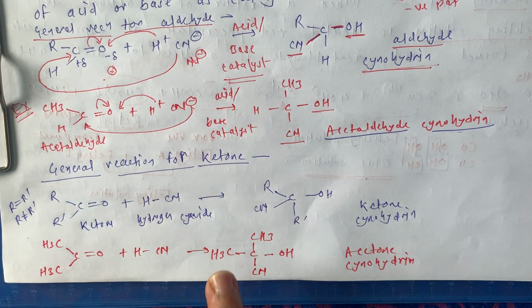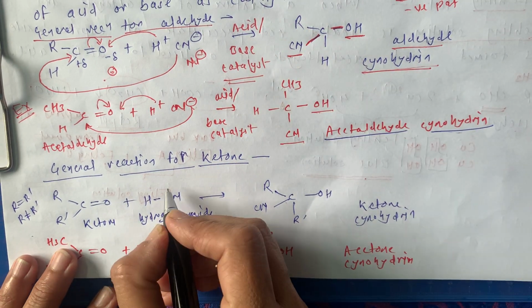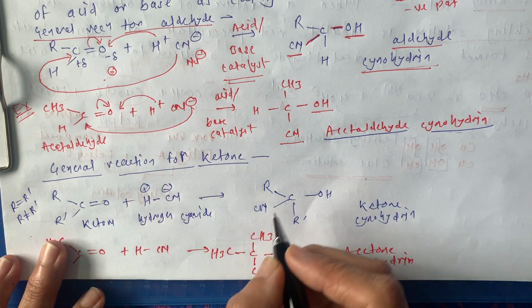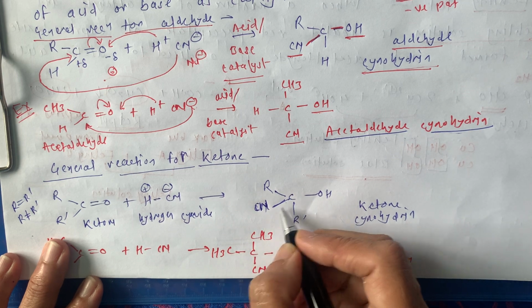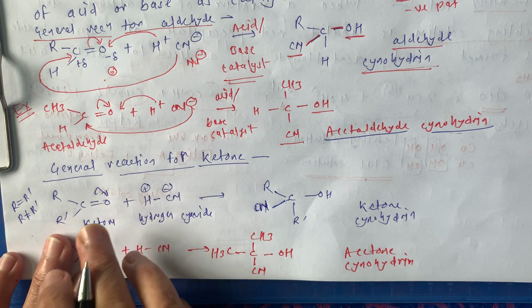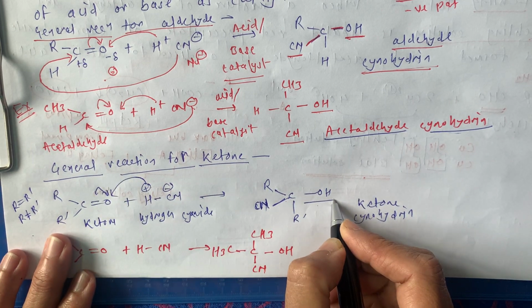Hydrogen cyanide. And now what is the reaction? Same, just like this. This negative part attacks the carbonyl carbon. So there is an attachment of this CN to this carbon, and a bond is formed. Then the charge is distributed like this, and that's why this H is going to attack here, and there is a formation of OH.